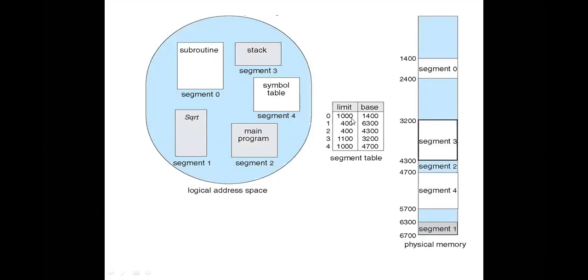Which segment is in which memory location is indicated by the segment table. So the base address is the starting address of the segment, and if we add the base to the limit, we get the ending address of the segment. One more point you need to understand here is that all the segments are of unequal size. So paging is far away from the user view, but segmentation is very near to the user view. Why? Because in real time also the program has different blocks of different sizes. The program is a combination of different functions, and the functions are of different sizes. So segmentation is near to the user's view.